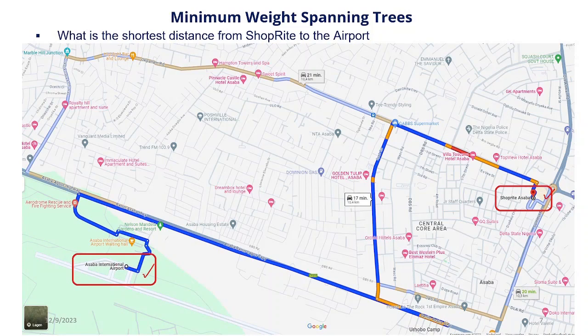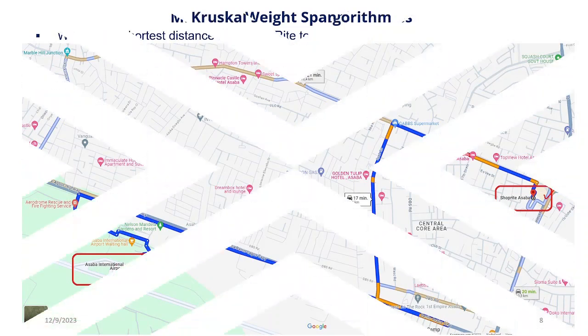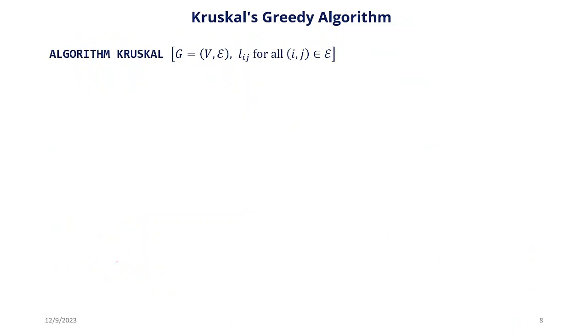So next we'll look at Kruskal's greedy algorithm. We'll describe the algorithm here. First of all, what Kruskal's greedy algorithm does is scan through the graph and give us a minimum weight spanning tree if it exists. So we'll call it algorithm Kruskal, and the input will be our graph